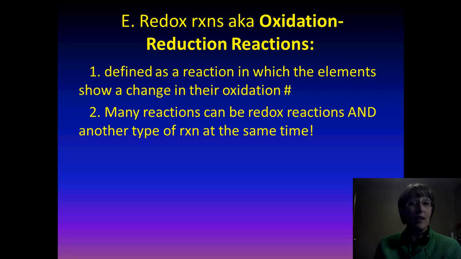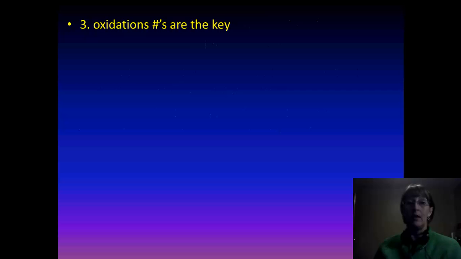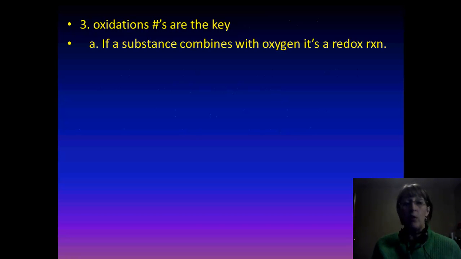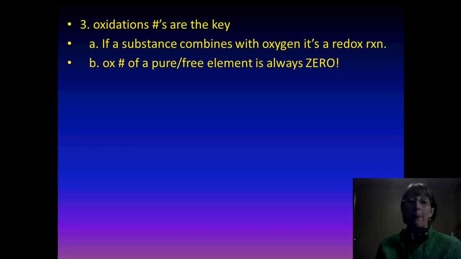Lots of reactions, again, can be redox reactions and another type of reaction at the same time. So, oxidation numbers are the key here to these. And when you talk about oxidation numbers, you need to know, again, some basic rules. So if a substance combines with oxygen, it's a redox reaction. That's where they first got the name oxidation reaction, or so it combined with oxygen. They just expanded that. And oxidation numbers of a pure element, like it's pure on its own, we always say